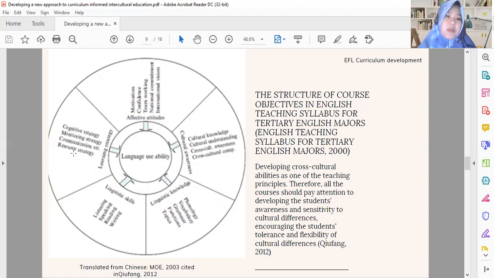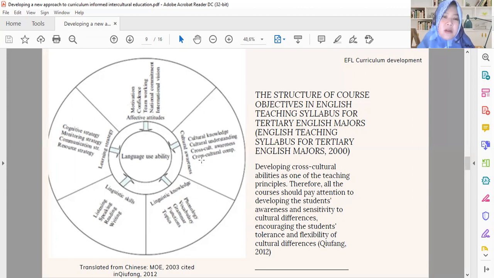So there are five teaching principles to support the goals of language teaching practice in tertiary education in China here. And one of them is cultural awareness. So they don't only focus on learning strategy, affective attitudes, linguistic skill, but also cultural awareness.